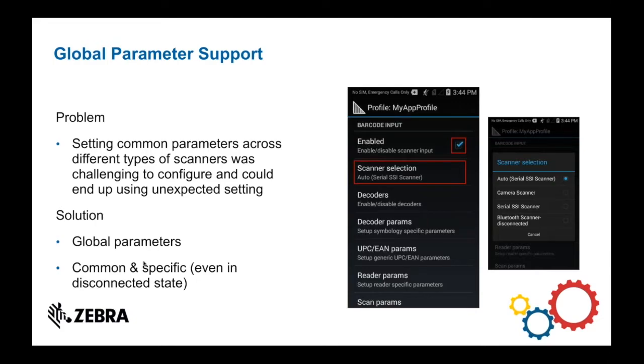That presented problem number one, where you needed to connect and disconnect and set all of this up. If you needed to do this once and deploy the configuration out to many devices, it got a little challenging. The other thing that happened was, let's say you had the scanner selection set to auto, where it would automatically select the scanner being used. If you configured a parameter that possibly was not supported on, let's say, one of those Ring Bluetooth scanners, then the parameter may not be applied properly, and you would just get